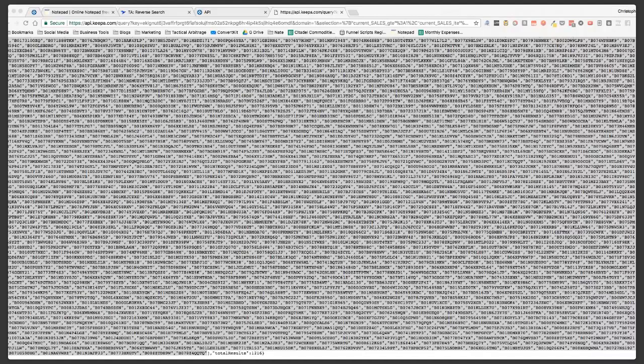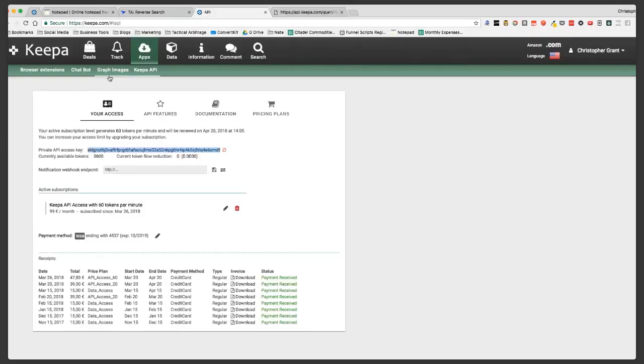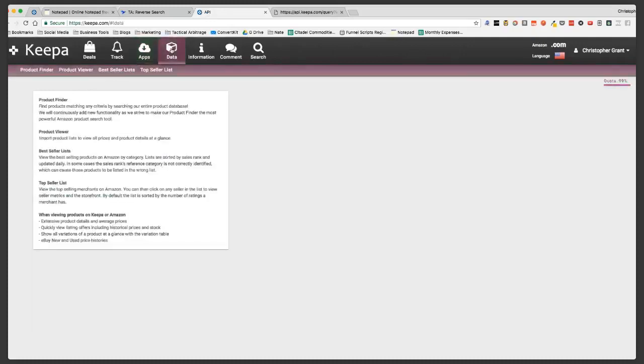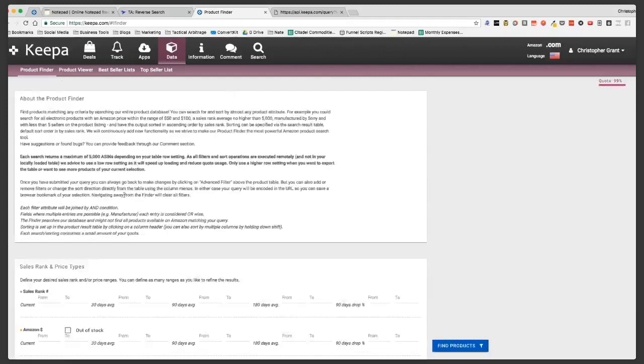Yes, absolutely. It's not necessary to use the API. You could do this with just the product finder on Keepa. That's absolutely fine. The thing is the product finder is going to limit you much, much faster than the Keepa API is. Okay. For example, if we go here and take a look at items from 1 to